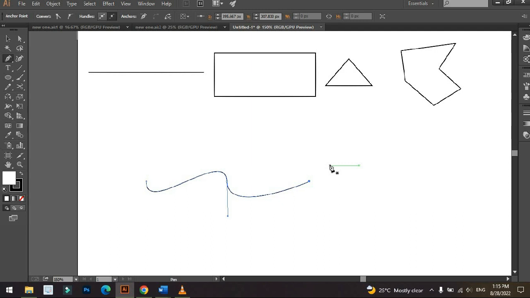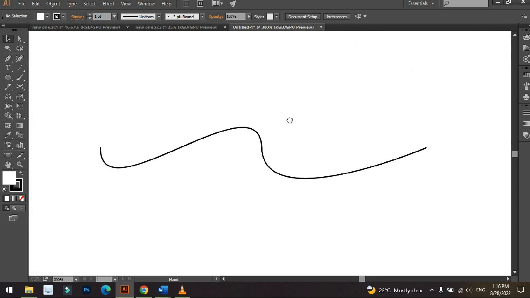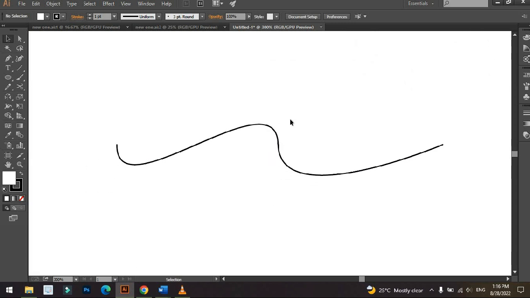Because such kind of illustrations, images, or vectors you can create with the help of this pen tool. That's why this pen tool is one of the most important and powerful tools of this software. Now you can see that when I have selected the selection tool, there is no anchor point or handle visible, but now I'm going to select the direct